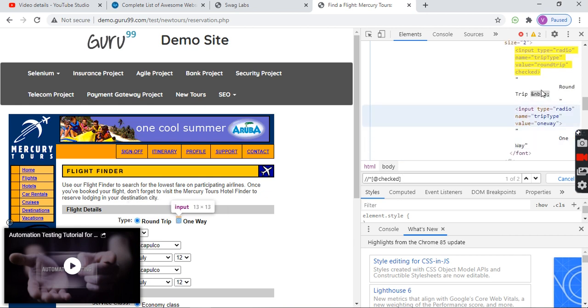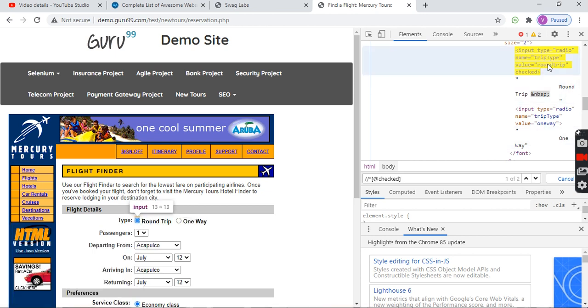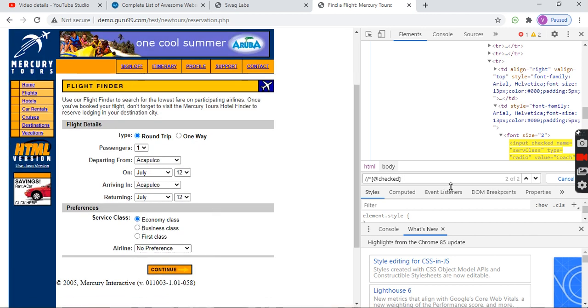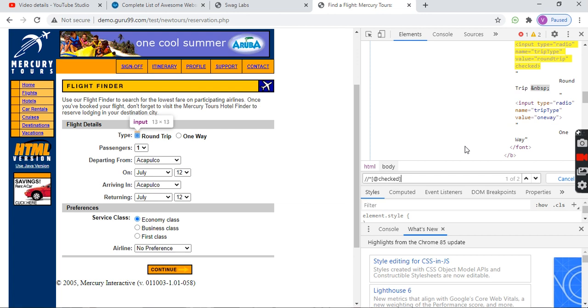Here, if you see, the first element is highlighted. Why is it highlighted here? Because it is checked. What about the second one? This is also checked. Plus I want to identify this one. How can we do that? We can use index.